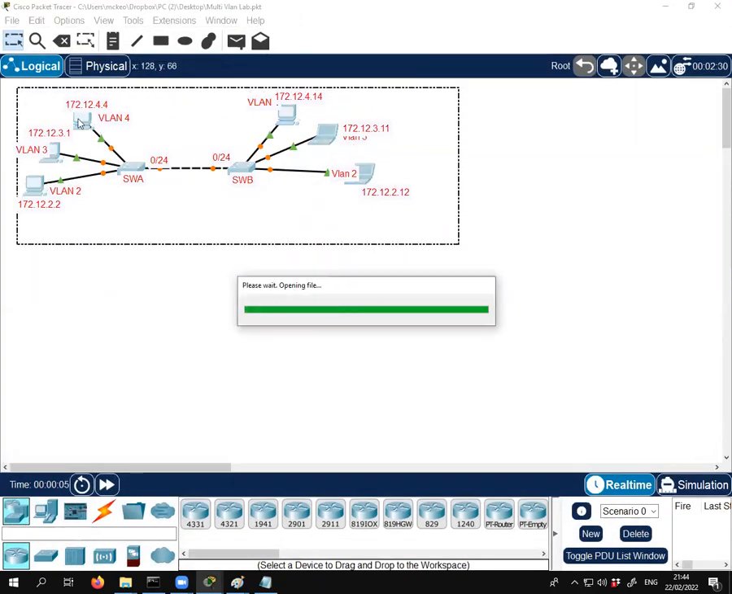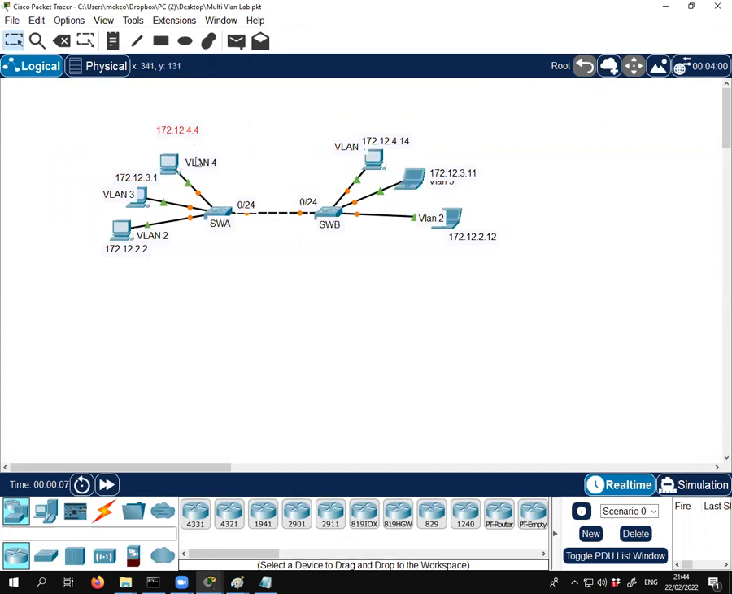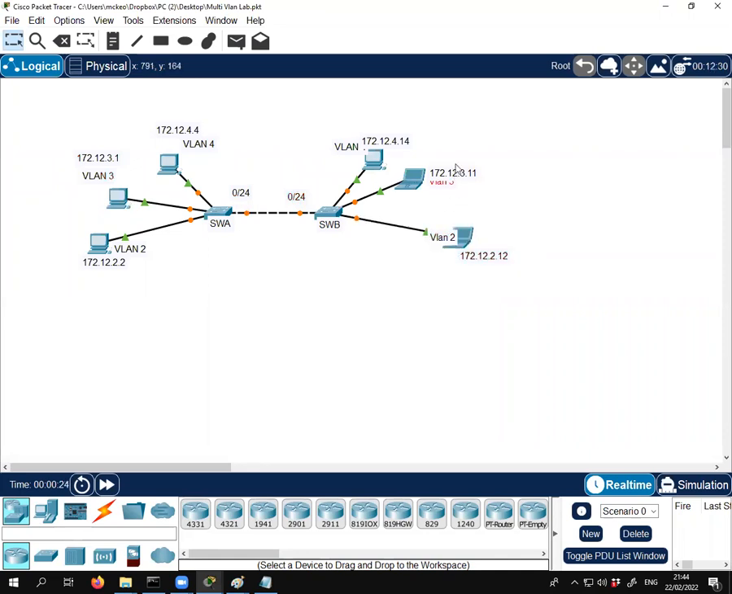Okay. So here's a similar setup. So let's say we've got multiple VLANs. Okay, so we've got VLAN 2, VLAN 3, and VLAN 4. We've got switch A and switch B. Now again, the VLAN tag, VLAN 4, look at the subnet. VLAN 2, 172.12.2.2. VLAN 2 on this side,